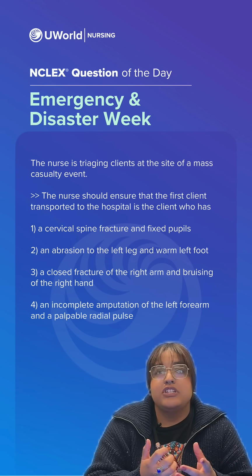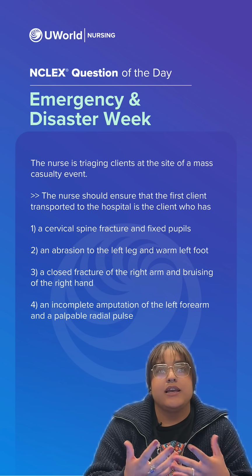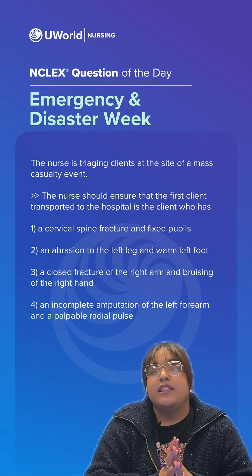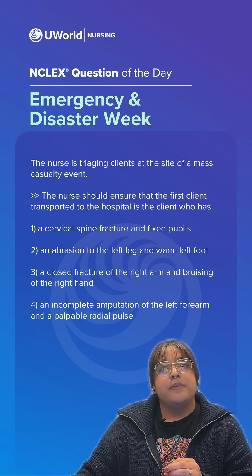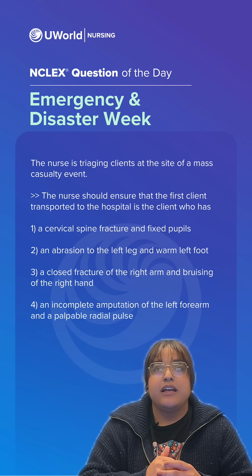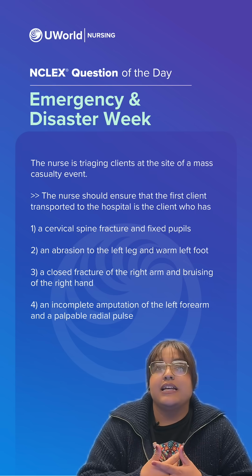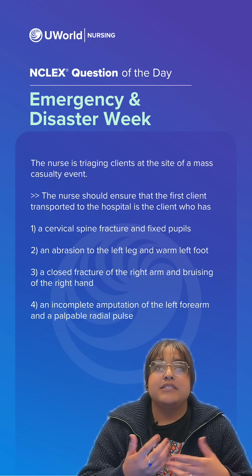Option 2, an abrasion to the left leg and warm left foot. This is incorrect. The client would not need immediate transportation to the hospital. They would be considered a minimal level of priority or a green tag. Option 3, a closed fracture on the right arm and bruising on the right hand. This is incorrect. This client would be considered a green tag, again, minimal level of priority, since they have an